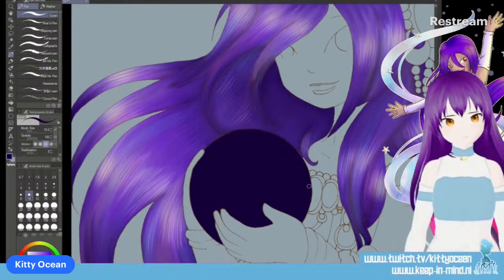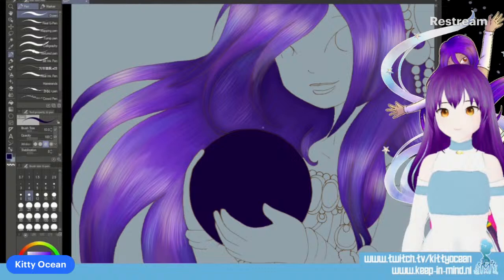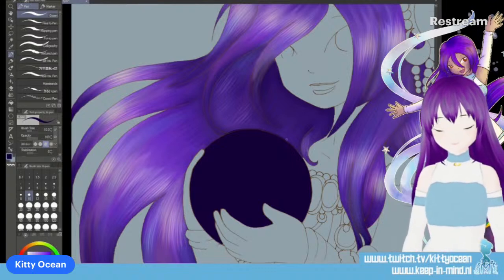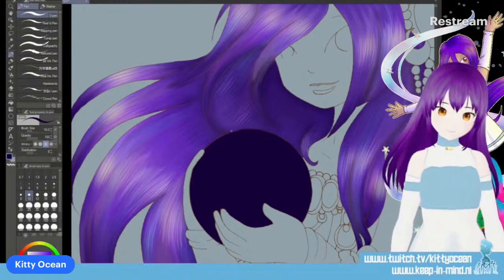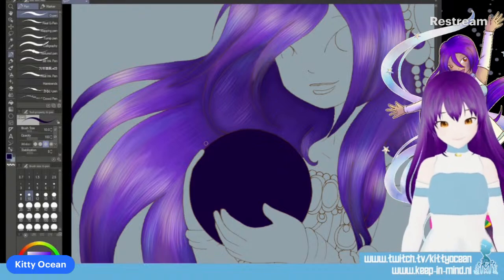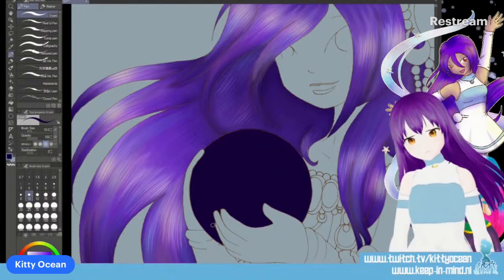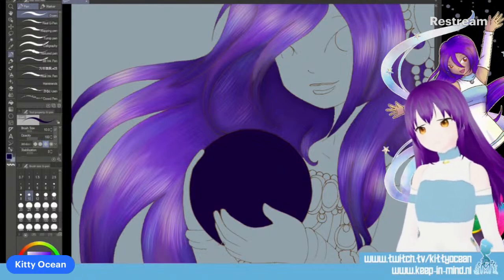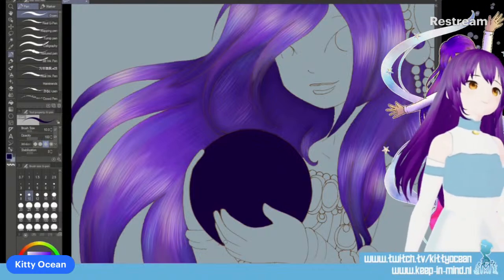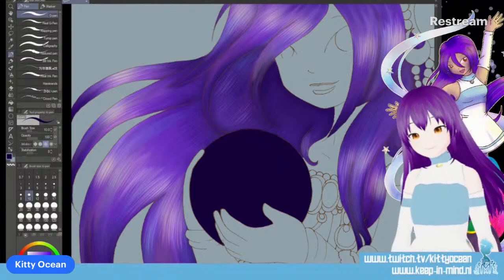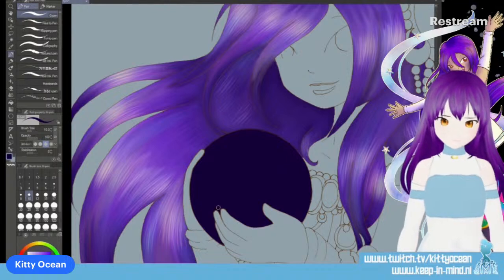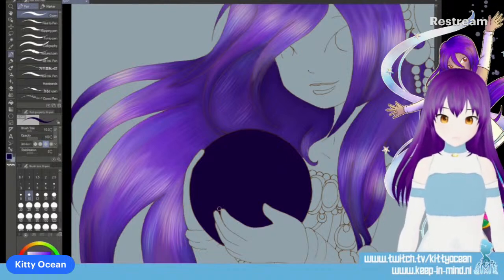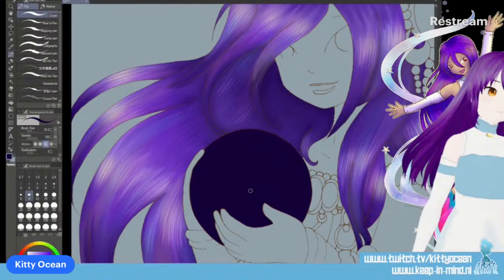I'm not sure if there will come a glow from it eventually. Okay. That's the base.